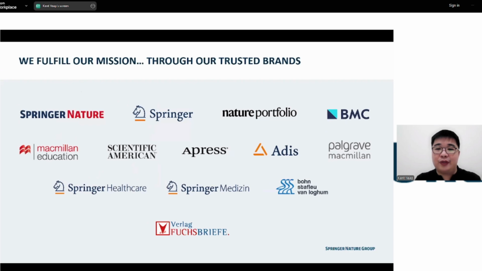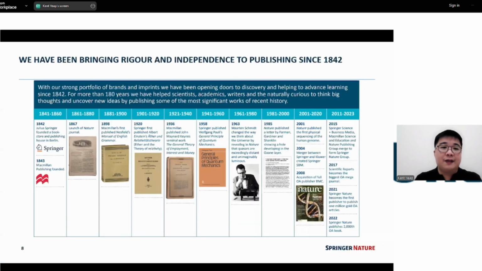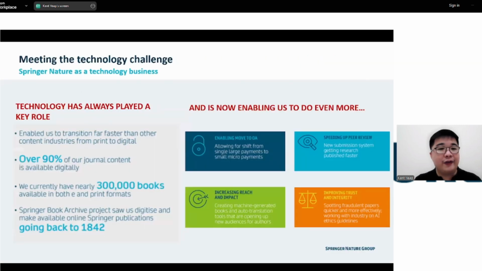And like I said, we do that via some of our well-known brands that you may have seen either in your classrooms, or when you were in the library. Of course, you may see some of these names on books on the shelves, and a lot of these names have been going around for very long. In fact, Springer has been around since 1842, so we're over 180 years old. And in order for a company, especially a publisher, to remain relevant throughout these years, we've had to innovate.